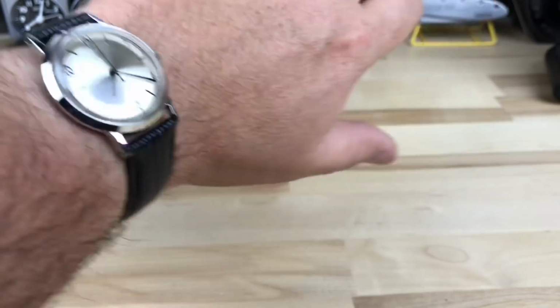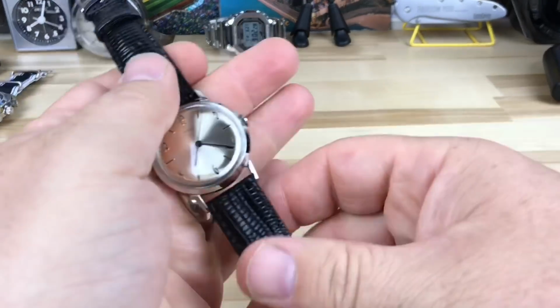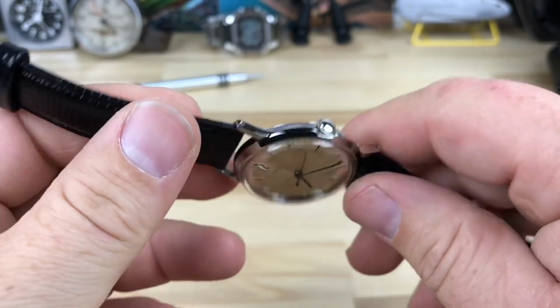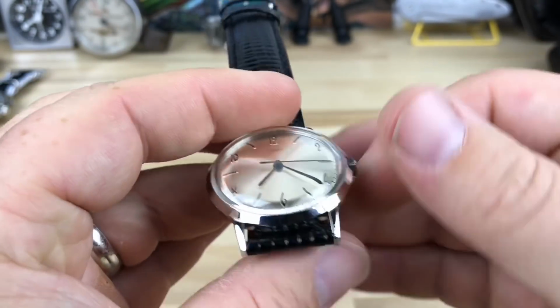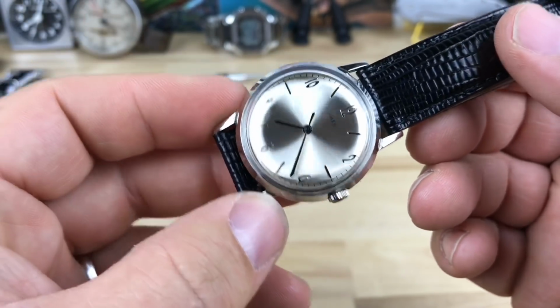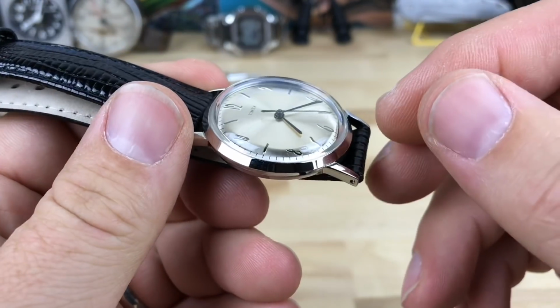I mean, it's a dress watch. It's not for me. If I were into this kind of watch, I could honestly say that I would be very interested in purchasing one of these at only $200 and probably even less on the used market. But I guess my perspective on it is, if you're looking for a classic or vintage inspired watch, at $200, you're getting the